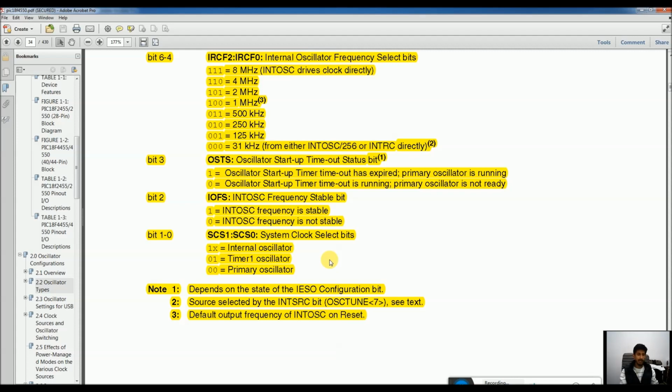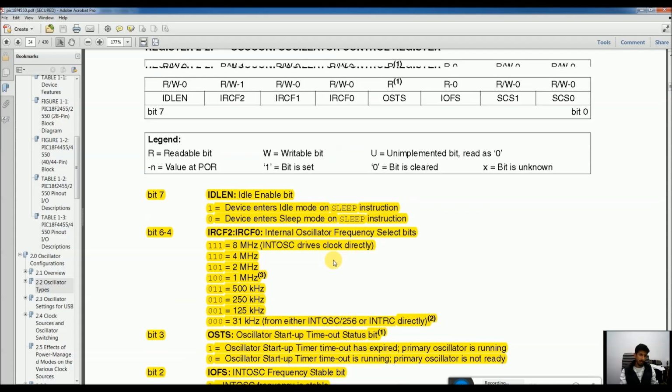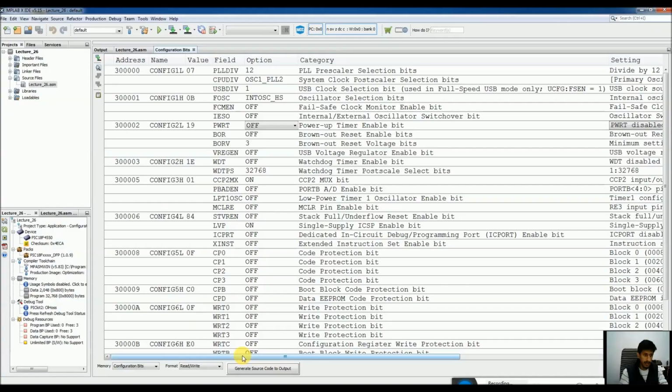The system clock is the actual clock that tells us the time. The PIC18 microcontroller has a built-in calendar peripheral also, and that calendar peripheral has to be fed with a clock input to operate. So we will be changing the bits IRCF0 to IRCF2 and making them 111 to change our internal oscillator frequency to 8 MHz.